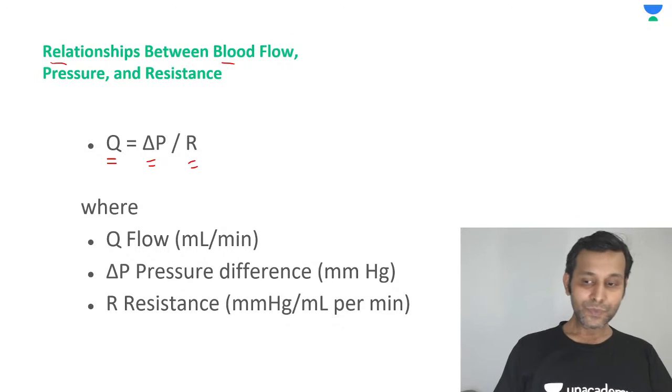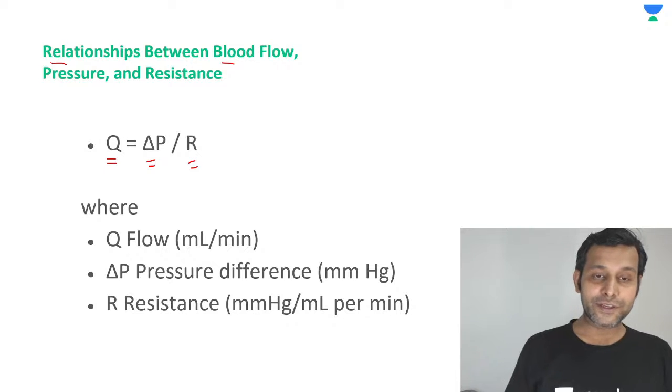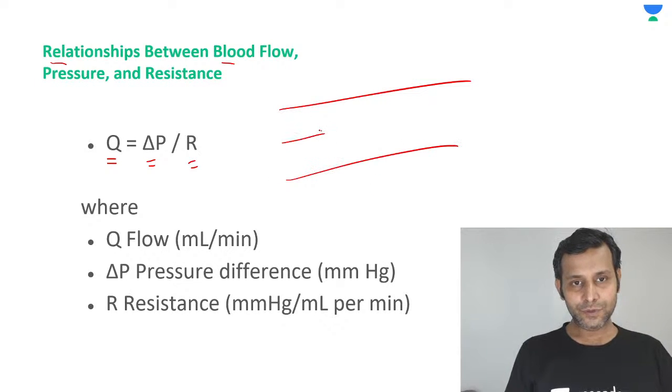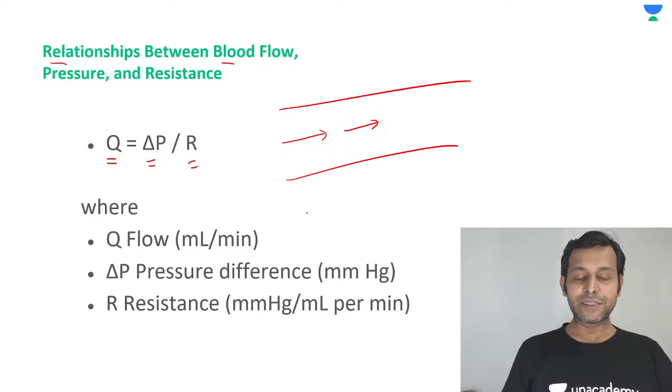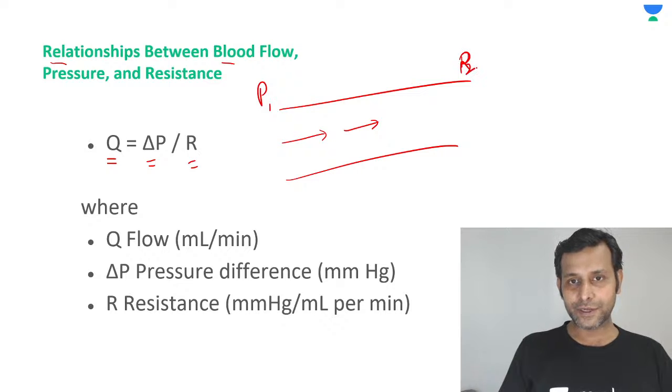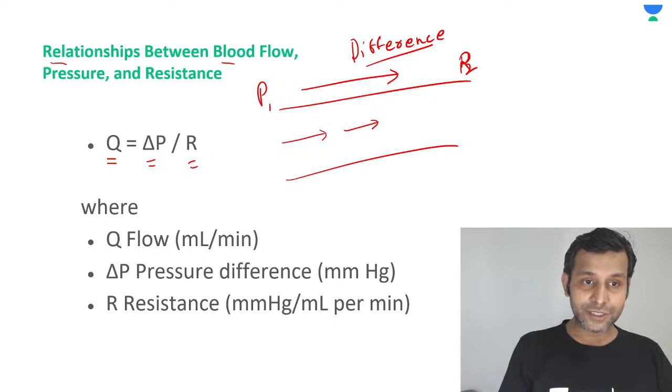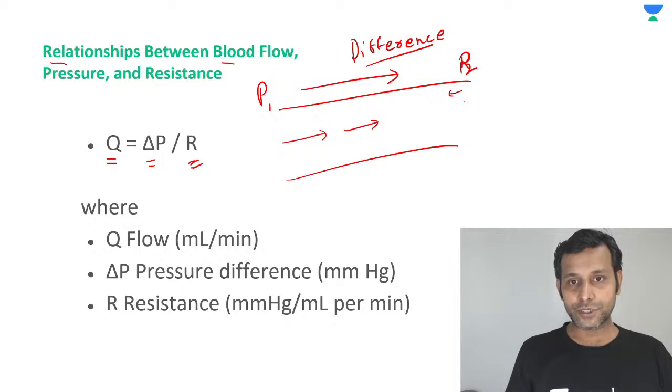The following equation is a very interesting equation. It gives the relationship between the flow of blood through a vessel, which depends upon the pressure difference across the vessel, as well as the resistance offered to the blood flow. The resistance always acts in the opposite direction. This resistance could be because of